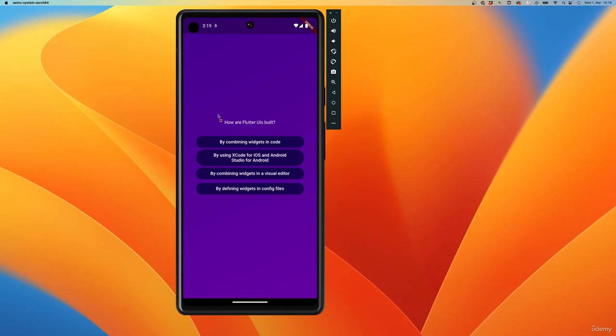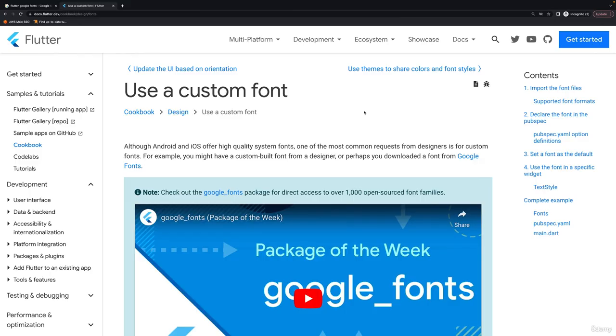So my next goal is to adjust the styling of this text here, the question text. And as mentioned, I want to use a different font family for this text as well. Now, if you don't want to use the default font here, as we're currently doing it, there are different ways of adding custom fonts. And attached you find a link which would explain how you could add custom fonts